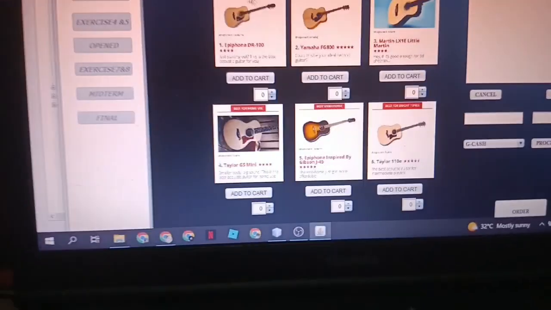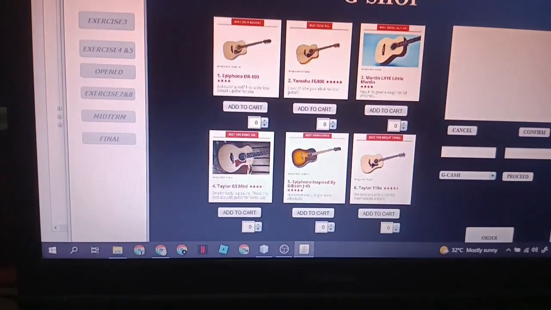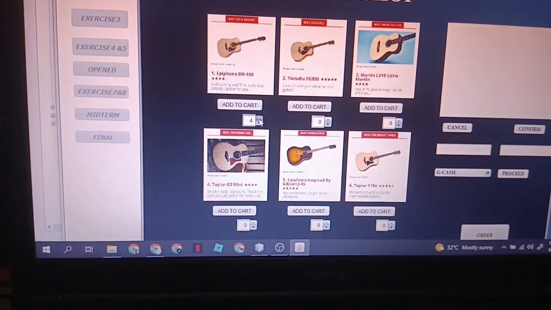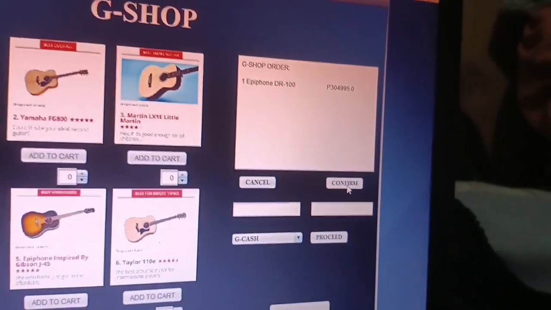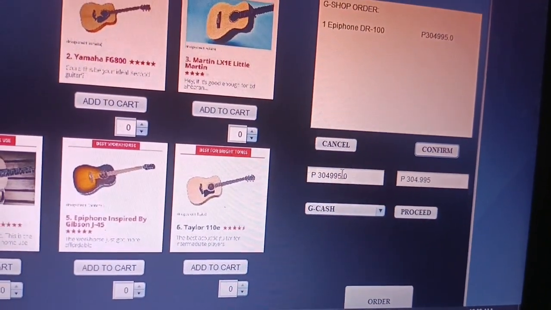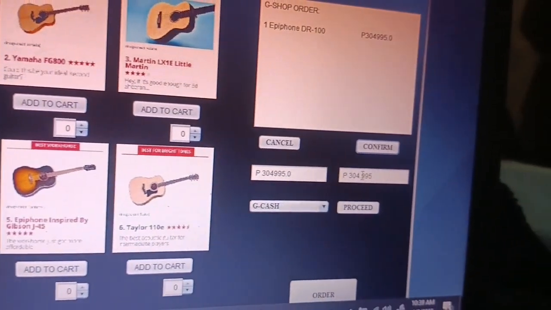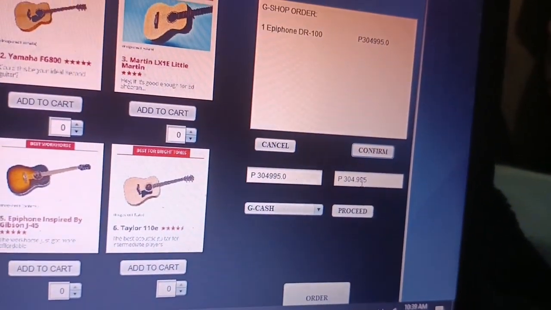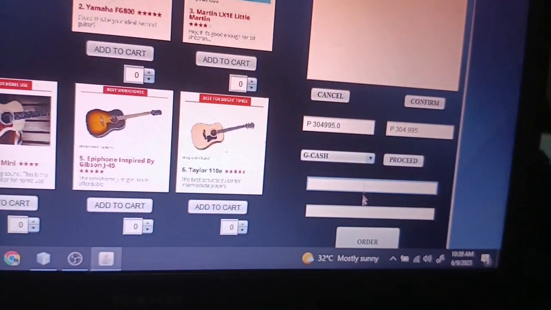This one is an online shop, which when we click this add to cart here, that will show up. So if we click confirm here, the total payment would be here, and another is the shipping fee. If we click these things, we choose cash on delivery or GCash. When we proceed, we will be